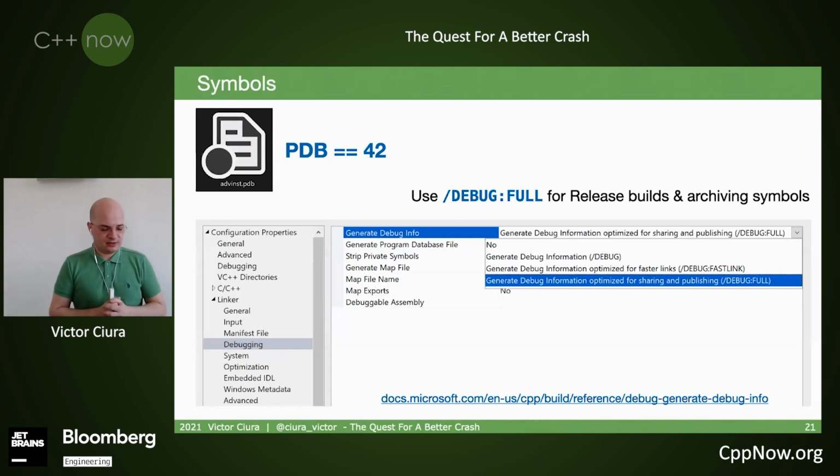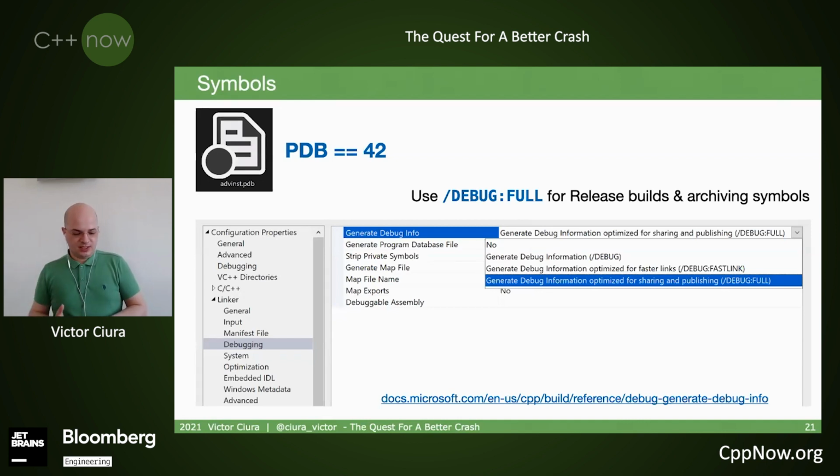Visual Studio has had for the past few years, I think, an option to generate a faster link. It's called debug fast link. It builds incremental PDBs to make the development cycle, especially for debug builds, faster. The link operation is way faster because by default it tries to build incremental PDBs. This actually is detrimental for archiving.